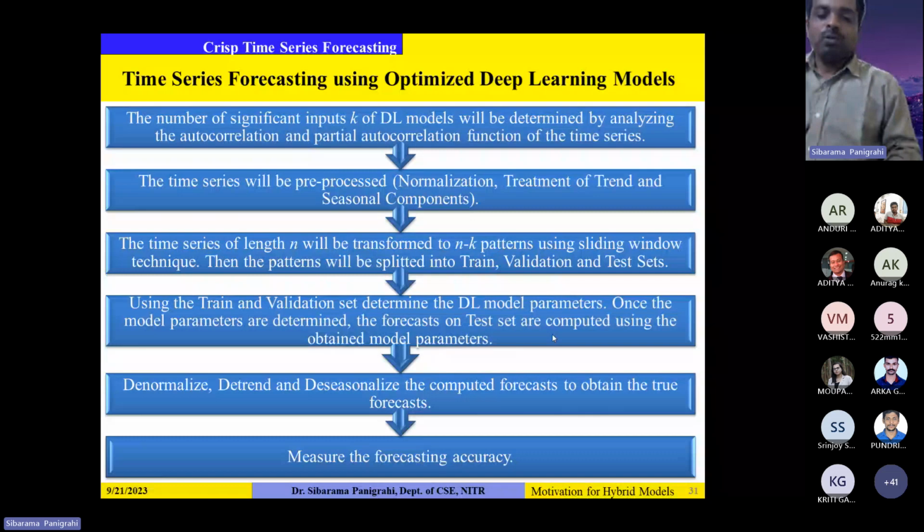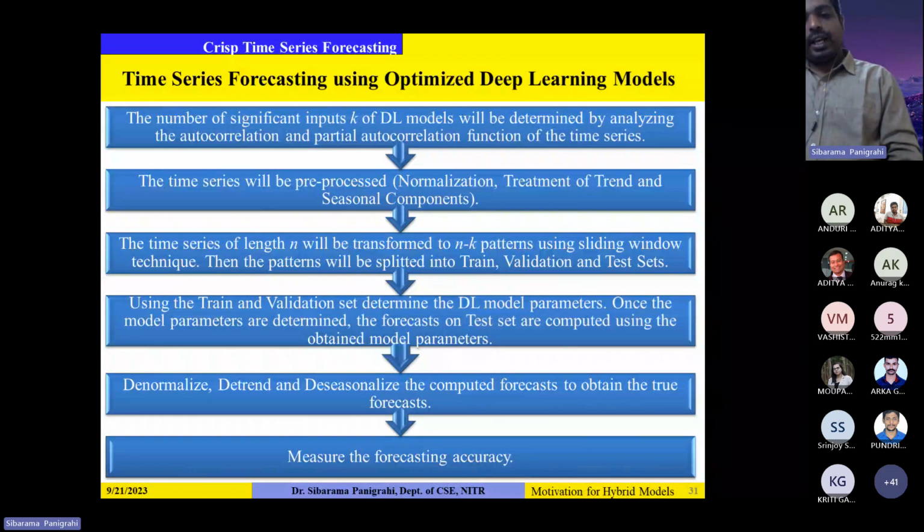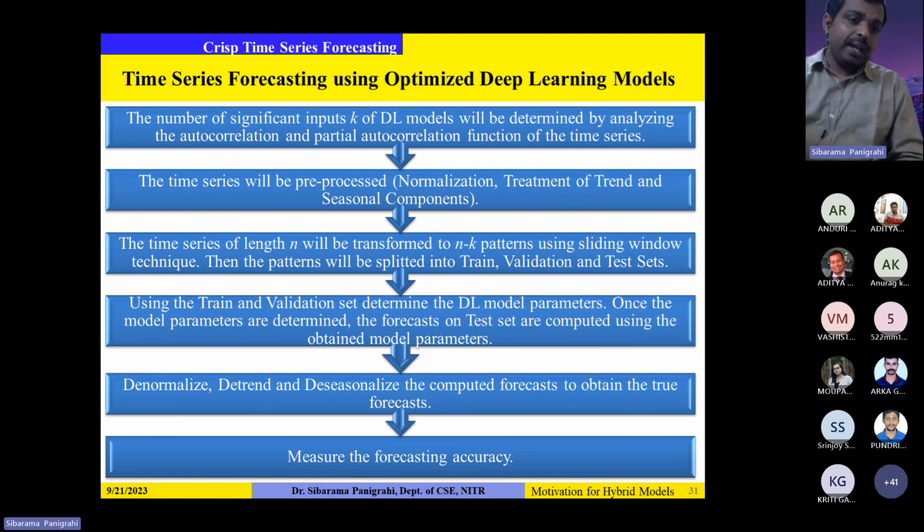So you see, over the last or prior to last decade, the statistical models are extensively used, like ARIMA, ARFIMA, exponential smoothing for time series forecasting. However, these models assume that the time series is generated from a linear process. However, most of the real world time series are nonlinear and often contain temporal and spatial variability. That's why in the last decade we have used optimized machine learning and deep learning models to capture the nonlinear